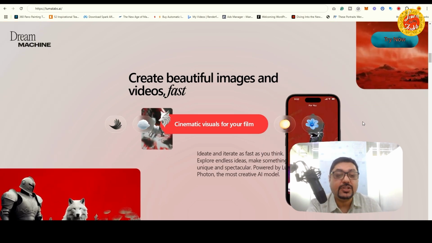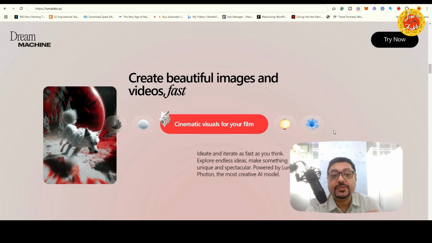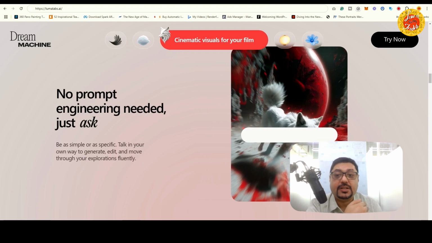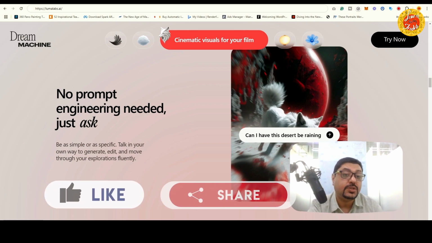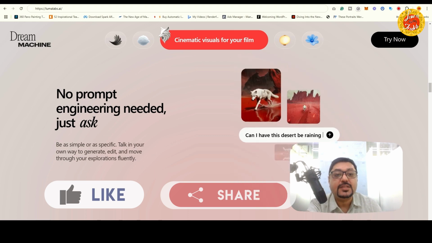So cinematic visuals for your film, or if you really want to, just write your prompts as they are, not becoming very worried about how prompt engineering works, and very intuitive. So just see how they are prompting. They have actually given the total experience in this parallax scroll, so that when you are actually trying to use this platform, you will never find any hindrance. See,